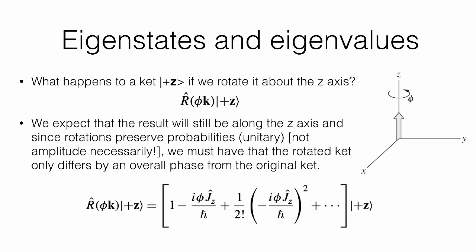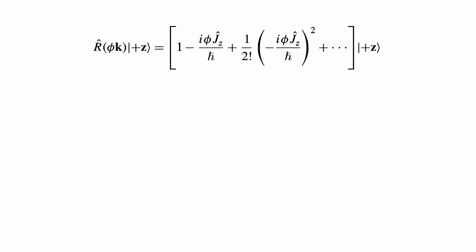So we end up with this, and I reproduce it on the next slide. So look, what we are looking for is something that, when we rotate plus z around the k-axis, should give me something proportional to plus z times the phase factor. And then you see from this equation that the only way this could be true, I mean that the right-hand side will be proportional to plus z times the phase factor, for any angle phi, and I insist for any angle phi, is